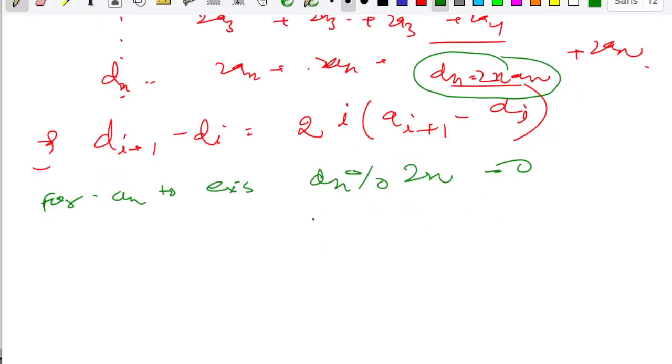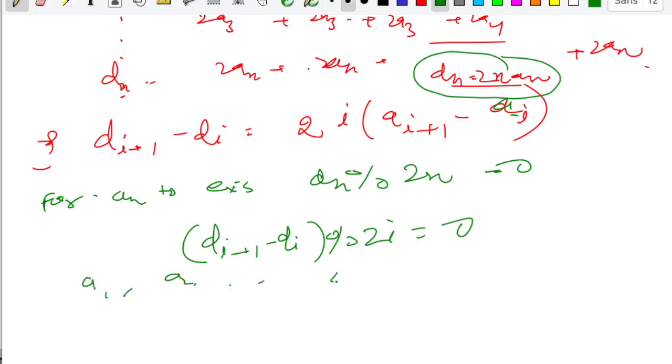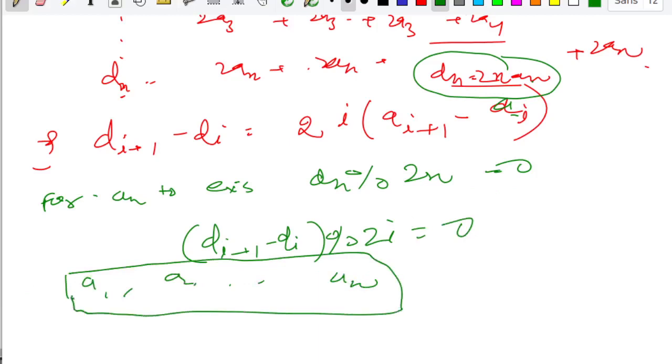Once we have found dn, we can find dn minus 1 using this relation. For ai to exist, we have to check this condition, plus 2i equal to 0. So using this, we can find all the a1, a2, a3, an, and it is clear that this will be the only solution for the corresponding di's.